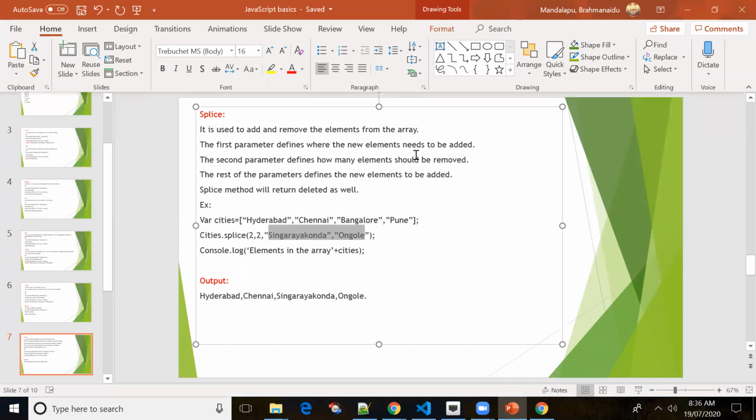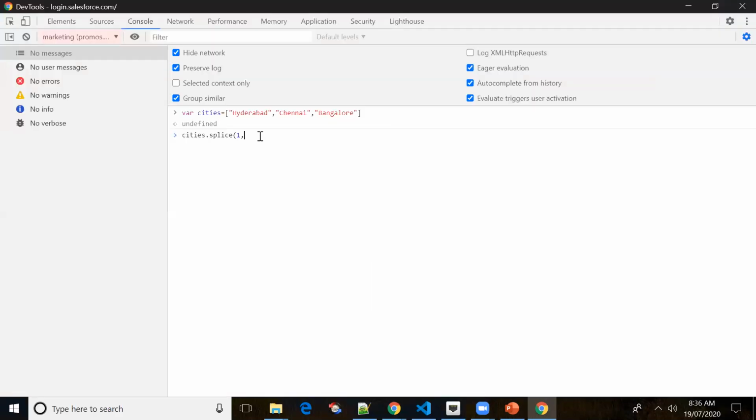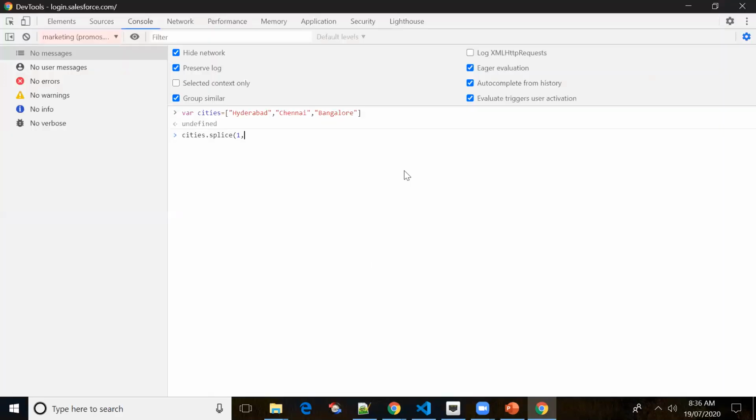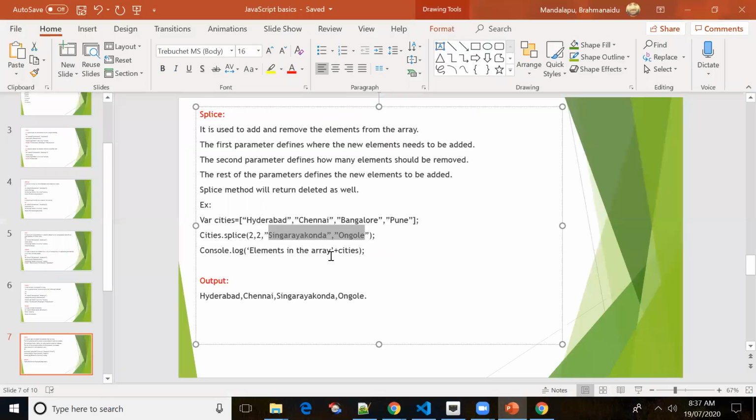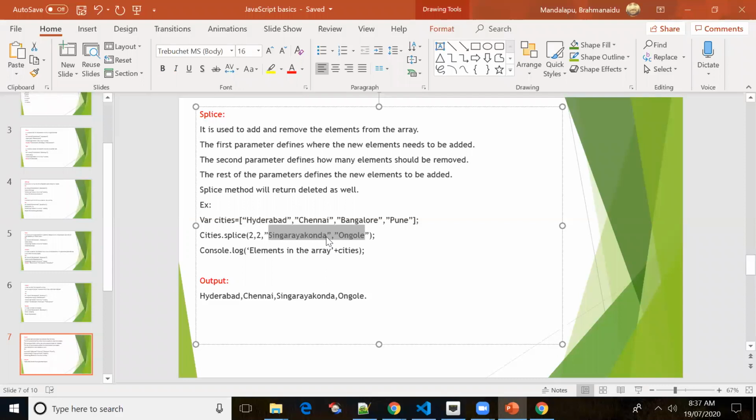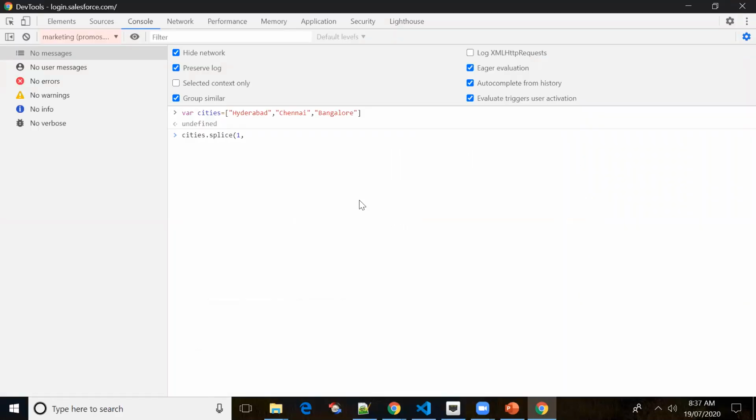The second parameter tells how many elements should be removed. The third parameter is the values that will be added to the array, whatever values you provide.